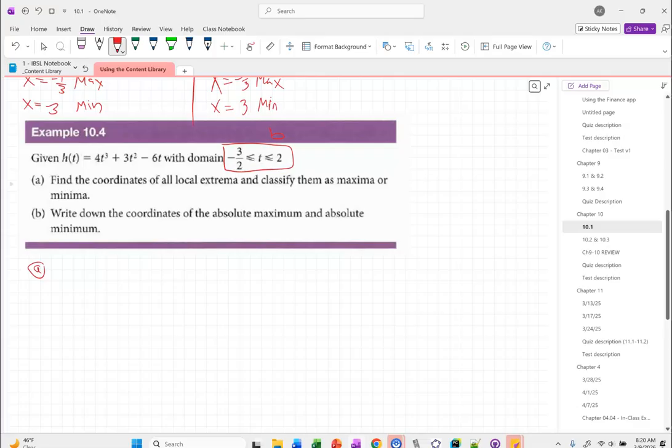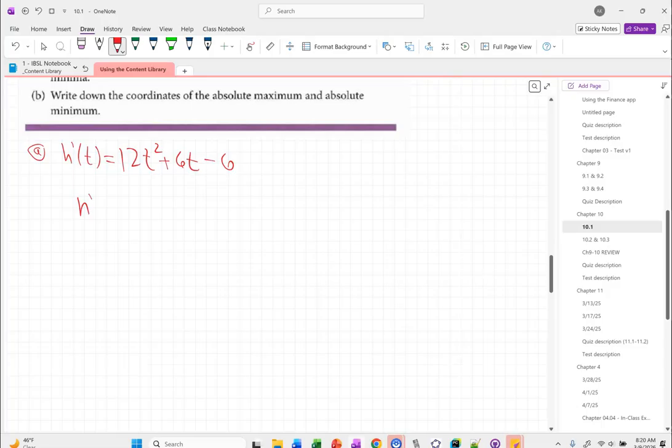Okay. So if we're looking for extrema, first step is to find the derivative. What do we got? 4t cubed plus 3t squared minus 6t. Is it 12t squared plus 6t minus 6? Wonderful. Everybody happy? Cool. Then we'll take that derivative